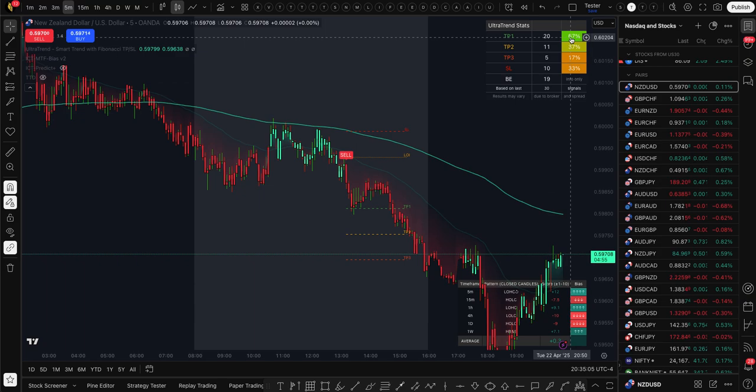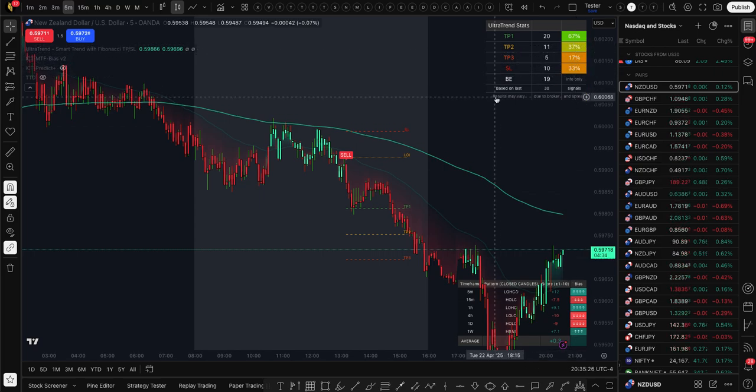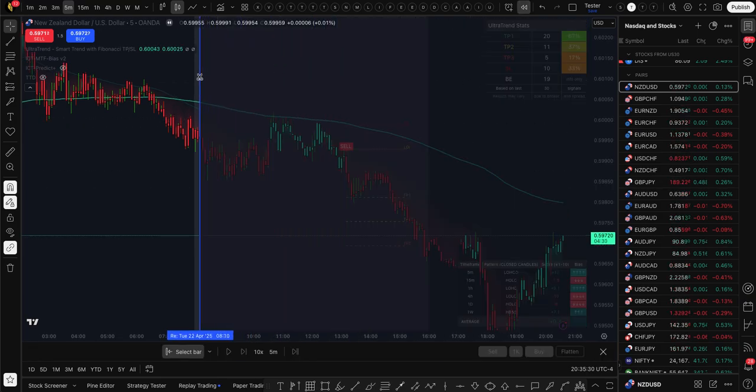But look at the percentage, okay? Based on my personal criteria, I don't like anything below 70. If you want to be more accurate, you should be looking at least above 70 on TP1. And of course you're going to see the numbers for TP2 and TP3 as well, how many times they get hit. So if by the time the New York session is about to open,